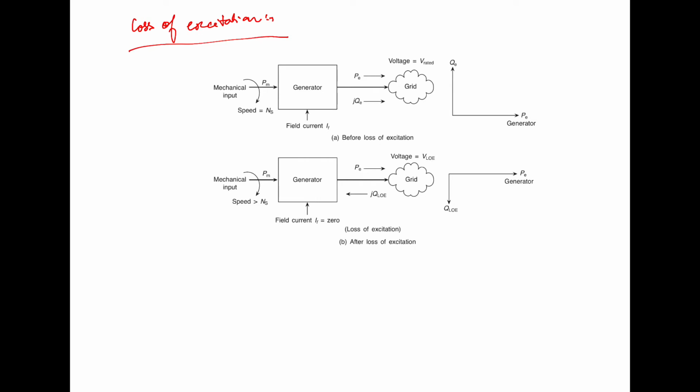Now we'll discuss loss of excitation, another abnormal condition. As you already know, big generators have the excitation on the rotor. So what are the main causes of the loss of excitation? Certain causes would be there: loss of field to the main exciter, accidental tripping of the field breaker,